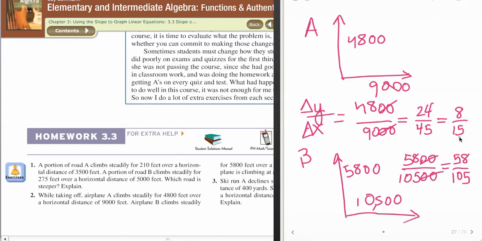So if we take this to a unit ratio, we're looking at 8 divided by 15, which is 0.53333, and so on and so forth here, as compared to 58 divided by 105 here, which is 0.55238, so on and so forth here. There's a repeat. And so this one is